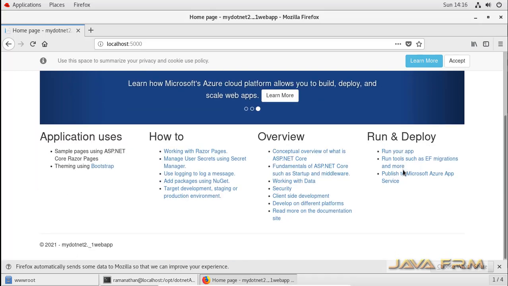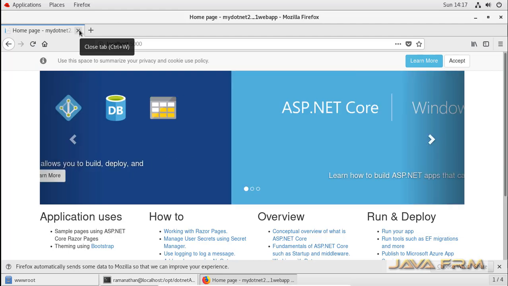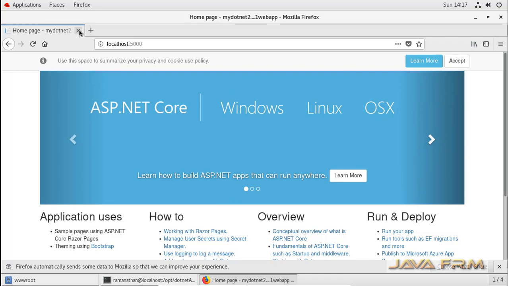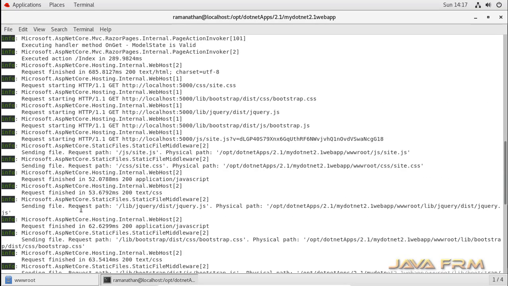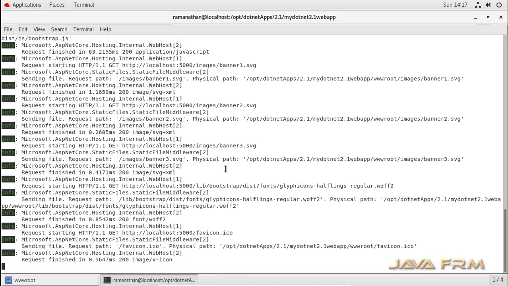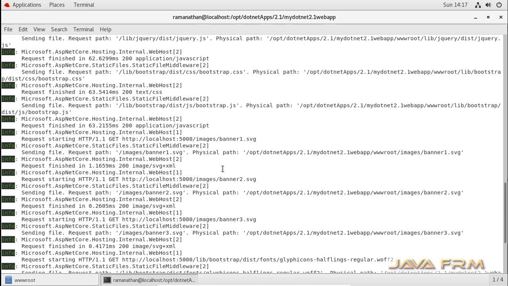You can modify the web pages, CSS themes, and C# logic depending on your need and your knowledge of C# programming. In the console, you can see that requests and responses got printed. Just press Ctrl+C to quit the application.